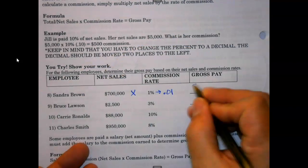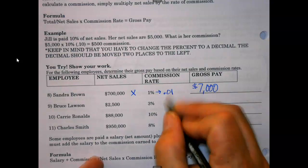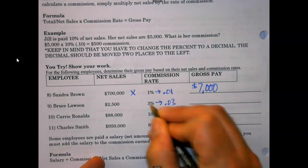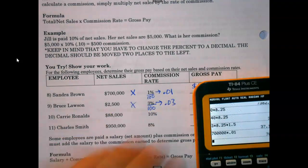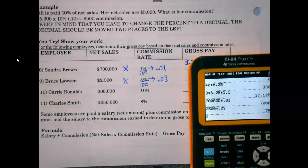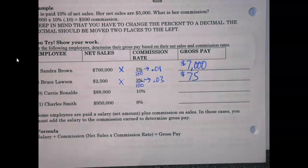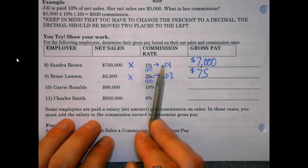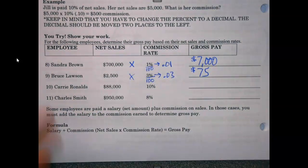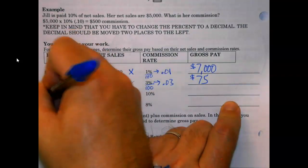So here, for instance, Sandra would make $7,000 because it didn't talk about her getting a salary on top of it. Okay, Bruce, divided by 100. I'll even put that on here. Multiply your sales times your rate. And he's not making as much as Sandra did. He's only making $75. Hope he's got something else he's got rolling here. Okay, so if it's straight commission, it's literally just multiplying the rate times the sales. Nothing bad. The only other twist that can get thrown at you, we'll leave you those last two there,